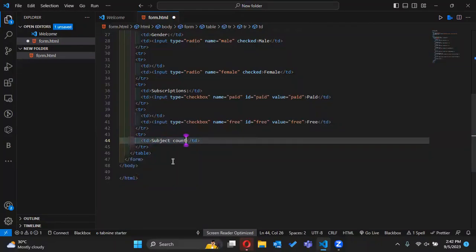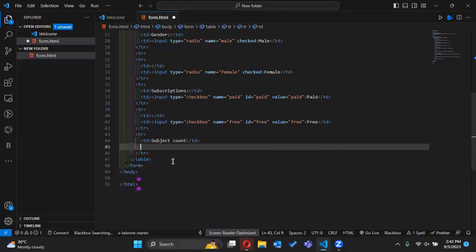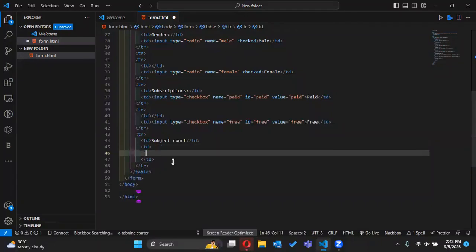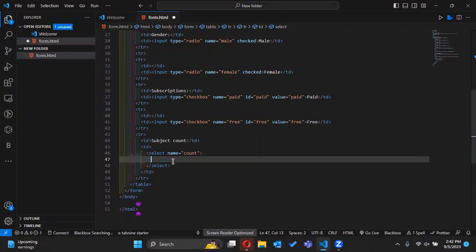Okay, this is my table data in here. Then I'm creating another table data. Inside this table data, I have to create a select. I give a name for that. The name I give is count. Then I have to close this select tag. Inside my select tag, I have to create options. In my first option, I have to put also a value. This value is 1 and